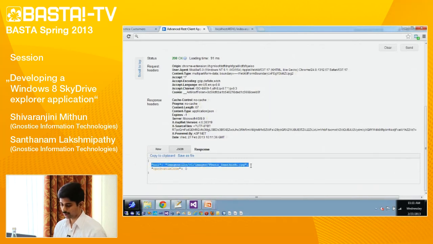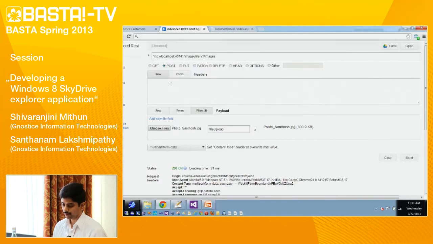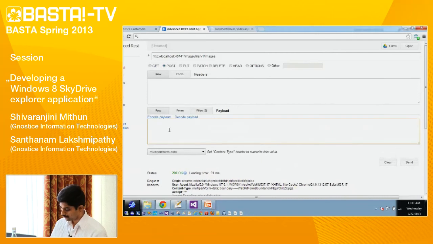So we will use this image URI, which is our uploaded image resource on the server, and we will make another POST request to specify the image operation that should be performed on this particular image. We will specify a JSON request object. We have seen that JSON is nothing but a plain string with key value pairs. Here we specify the image URI on which the operation should be performed, and we have to specify the type of operation.